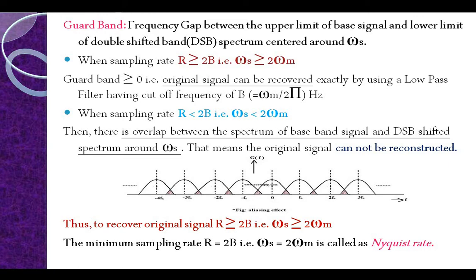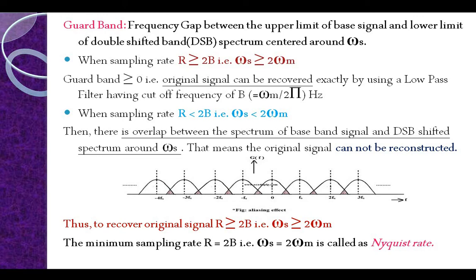It means the Nyquist rate of sampling is the theoretical minimum sampling rate at which the signal can still be sampled. When R equals 2B, we can also sample and get the original message signal without any distortions. So it is called the Nyquist rate, and the formula is Nyquist rate equals 2 into omega M, or 2 into FM, where FM or omega M is the highest frequency component present in the message signal. Clear? So I hope you are clear with the sampling theorem.